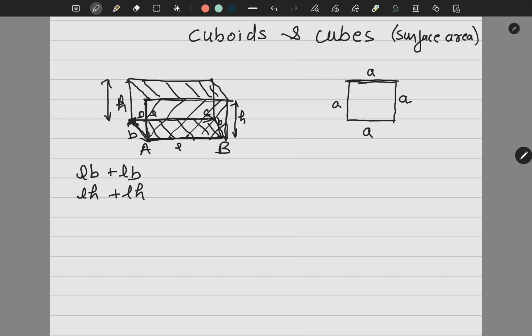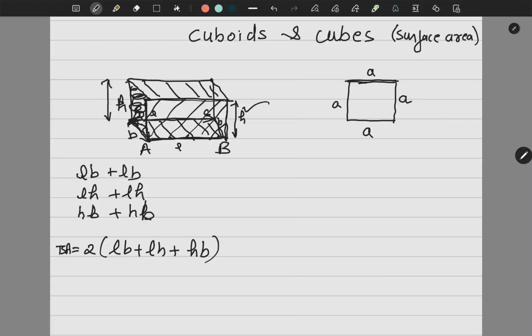Right? Now you look at this one. Now this will have H and B. Again this side and this side. So H and B. So this is the area of each face. See, I can count 1, 2, 3, 4, 5, 6 faces I have done. If I add this, what I will get? 2 times LB plus LH plus HB. So this is the total surface area of the cuboid.